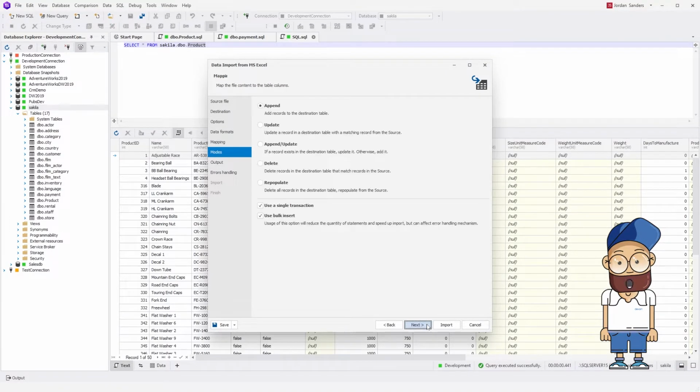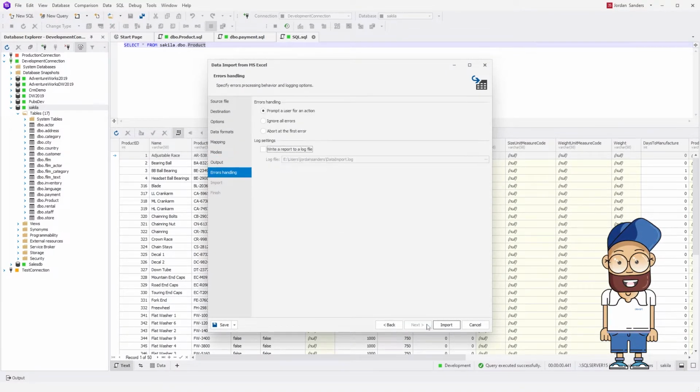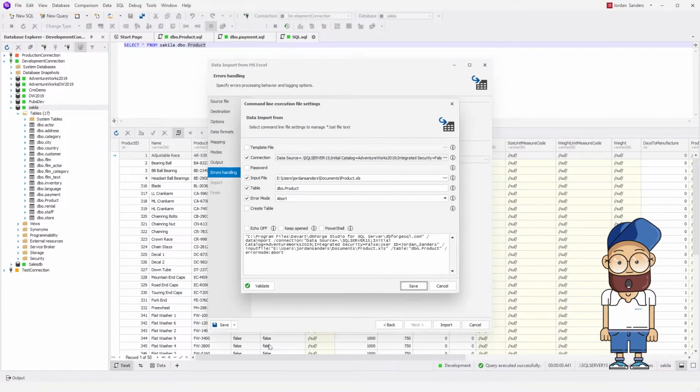As mentioned earlier, to simplify the customization of data export and import operations, you can make the necessary configurations visually in the command line wizard and immediately receive a command with arguments to run from the command line. Furthermore, in the command line wizard, you can check the settings and save the generated command to a BAT file. For example, let's create a BAT file to export data from the payment table to a CSV file.